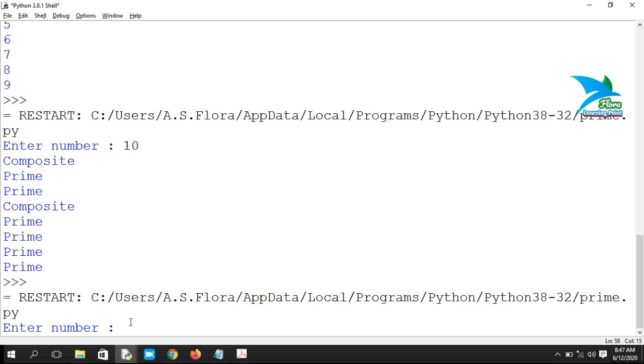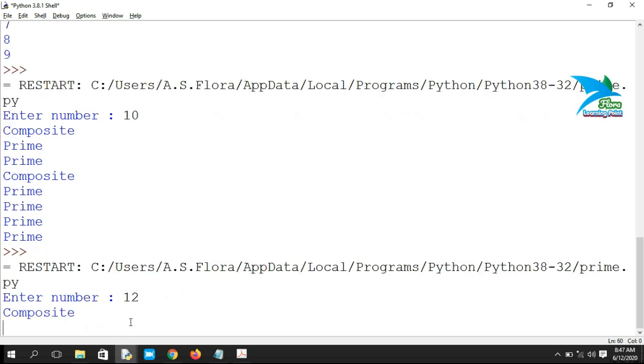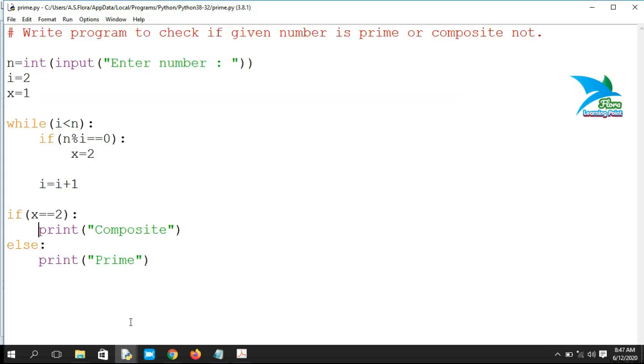So now we have to check this one. I'm going to enter 12. 12 is a composite number. So we can also change the message completely.